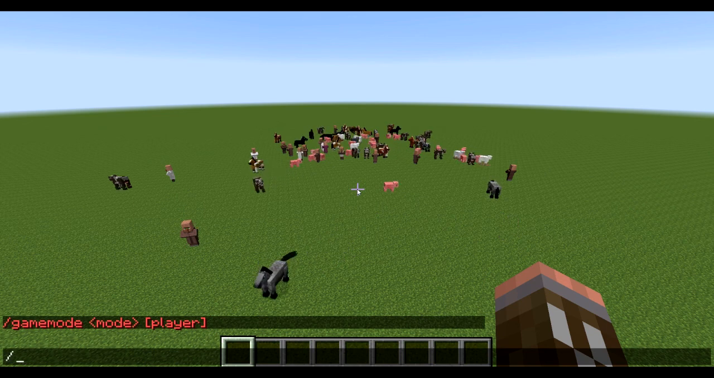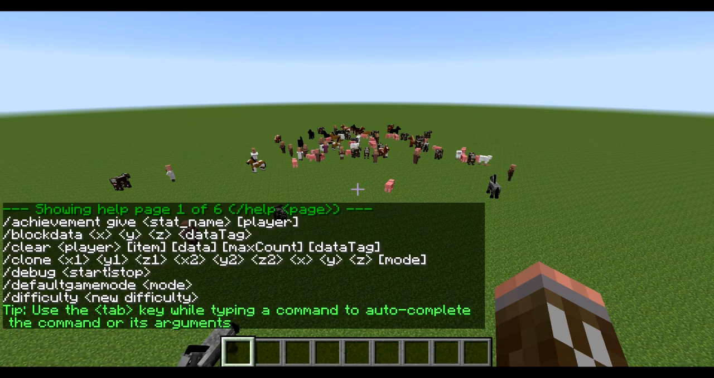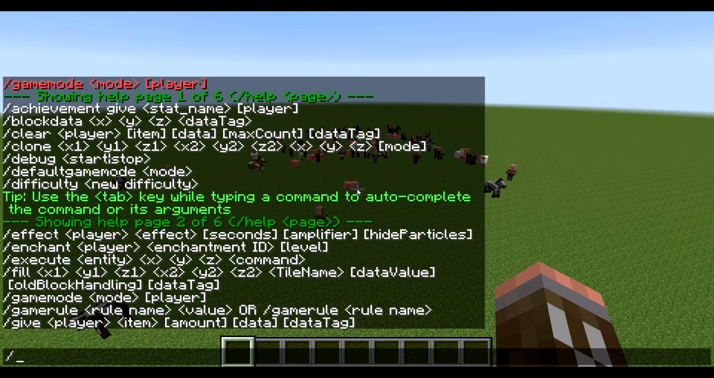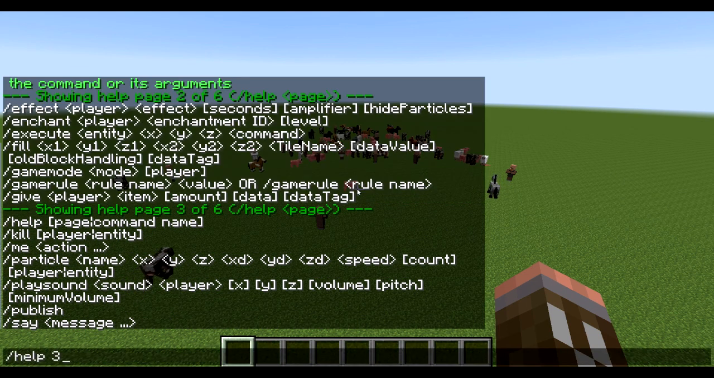The next one, combined with that, is help. /help will give you each command. So if you don't know any of the commands, you can just type /help, and then read through, and it'll give you all the different commands there are. If I was to go /help 2, it'll do the next page, and then 3, and so on and so